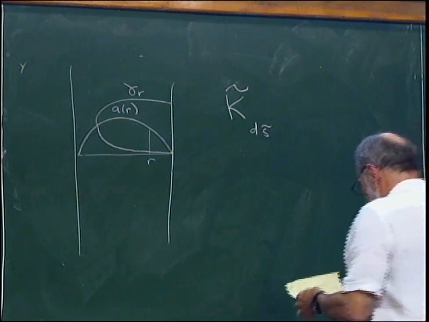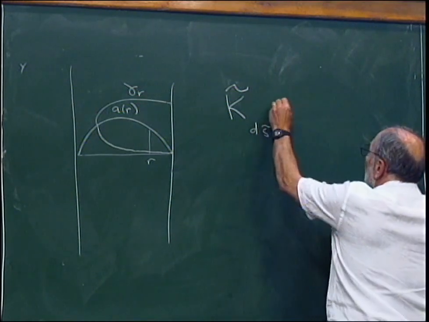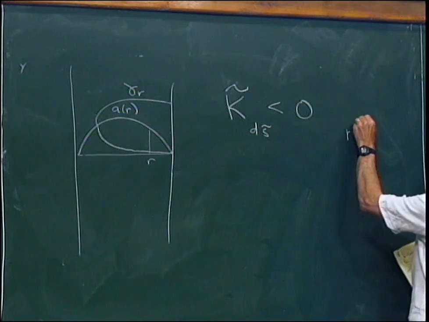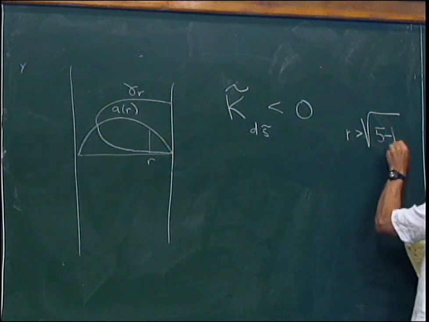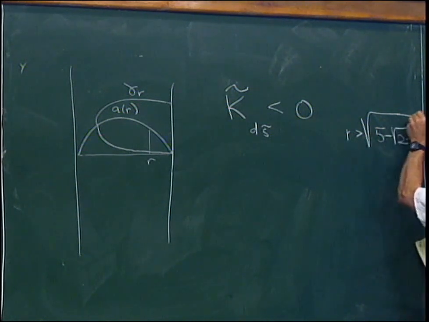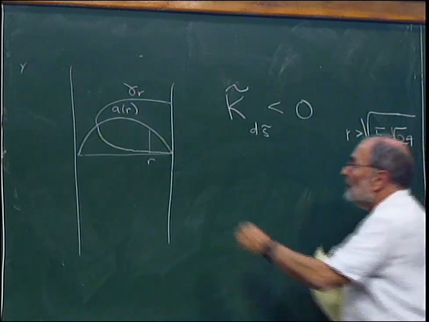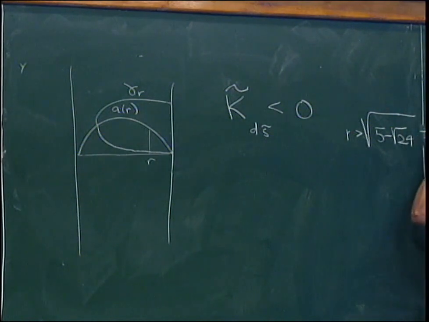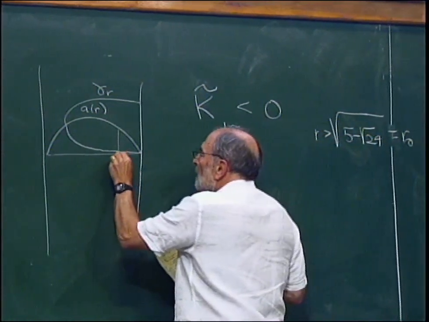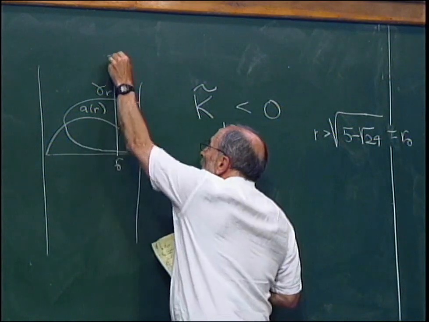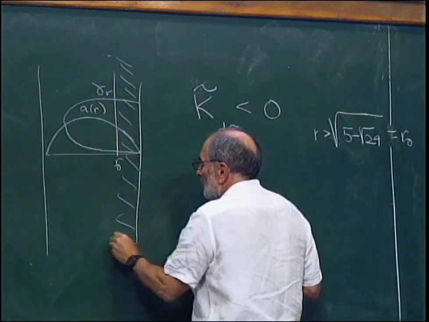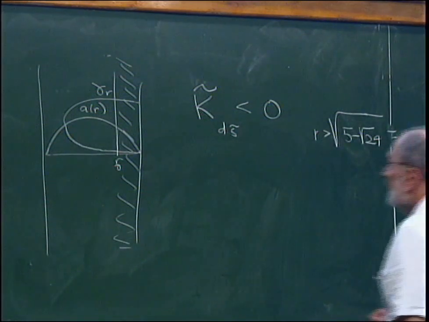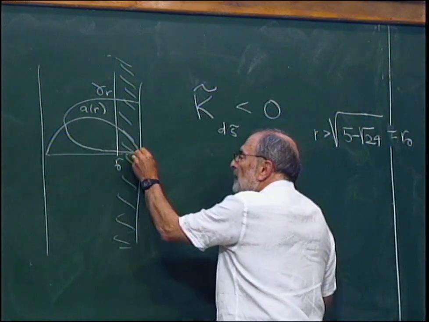I can compute its curvature, and it turns out that this curvature is negative if R is bigger than square root of 5 minus something. So on some strip, R naught, this is negative. This immediately tells me that if I take any R smaller than this, a geodesic that looks like that,